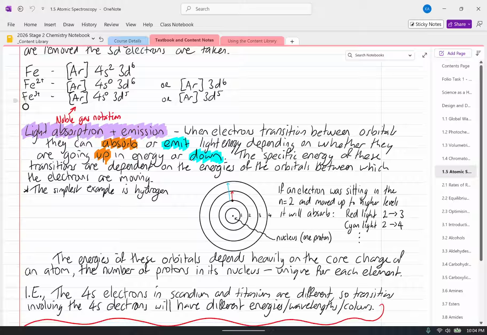Now that's not strictly true. If you have a really high intensity light, you can sometimes have multi-photon absorption, where you absorb multiple photons at once, but that's far too complicated for what we're doing. Suffice it to say that atoms and ions will absorb light that corresponds to transitions,